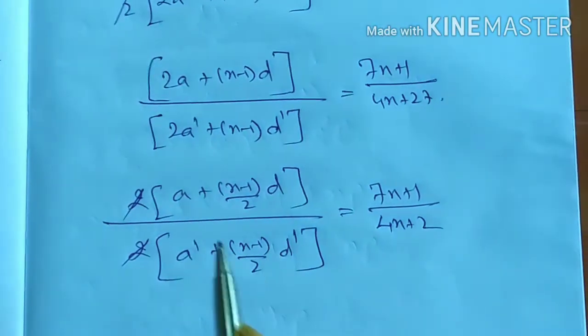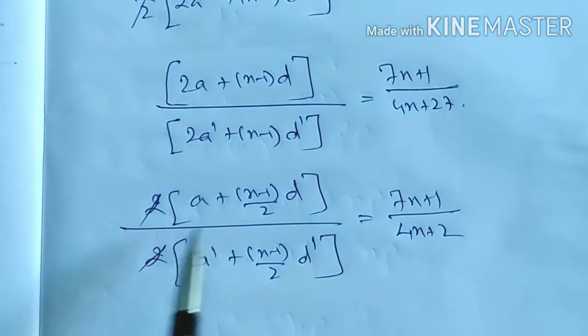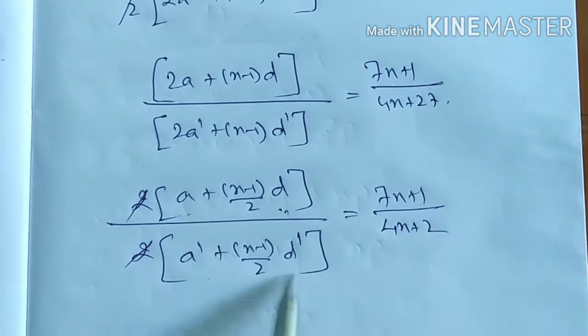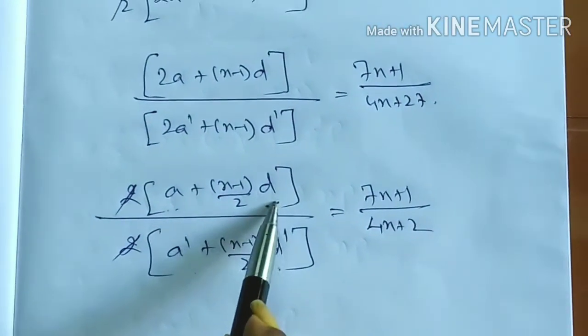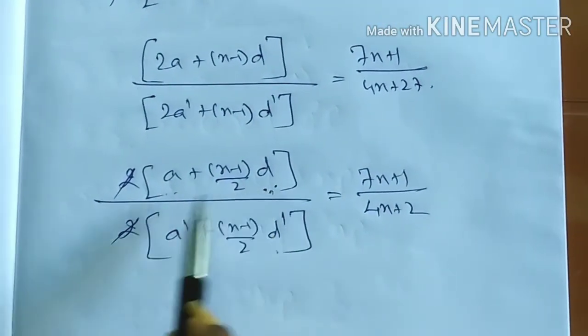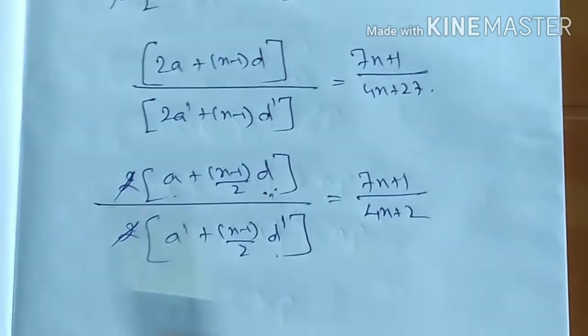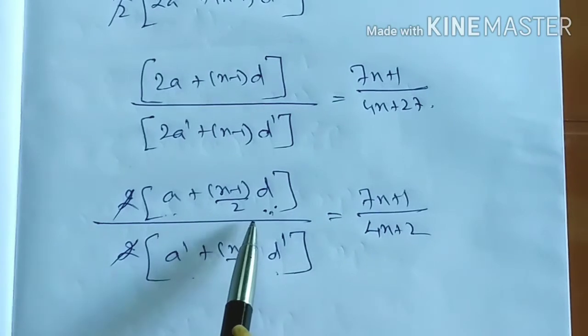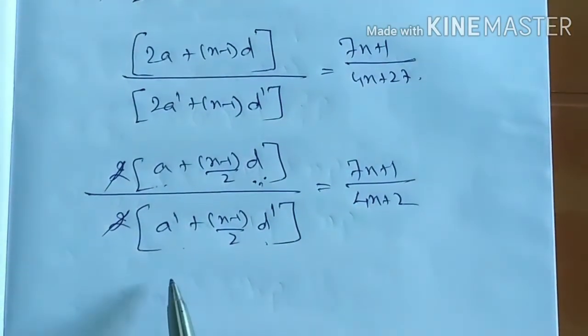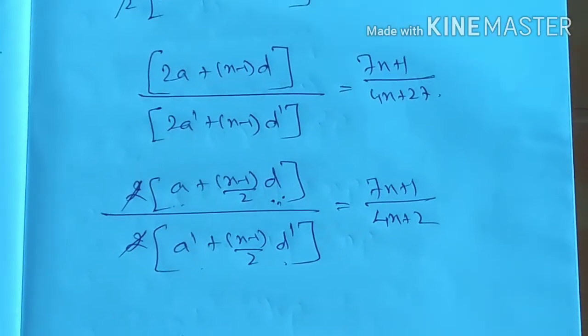What do you find here? This is the general form of the nth term. The formula has been converted to the general term, that is, the nth term of an arithmetic progression. Since we have to find the 11th term,